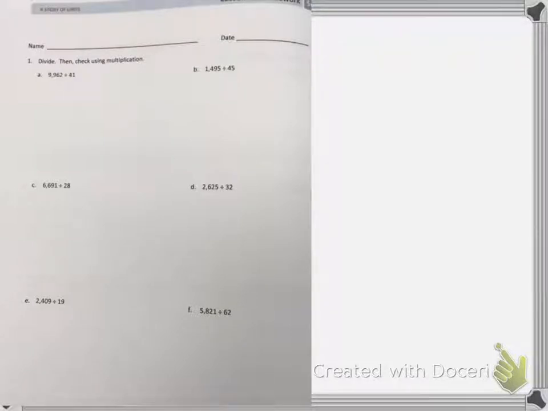So all of the problems in this homework have 4 digit dividends. Again, they're not showing examples anymore when you come to the problems. There's no examples anymore on the page. Again, it says check using multiplication. We need to make sure we're doing all of that. So let's start with